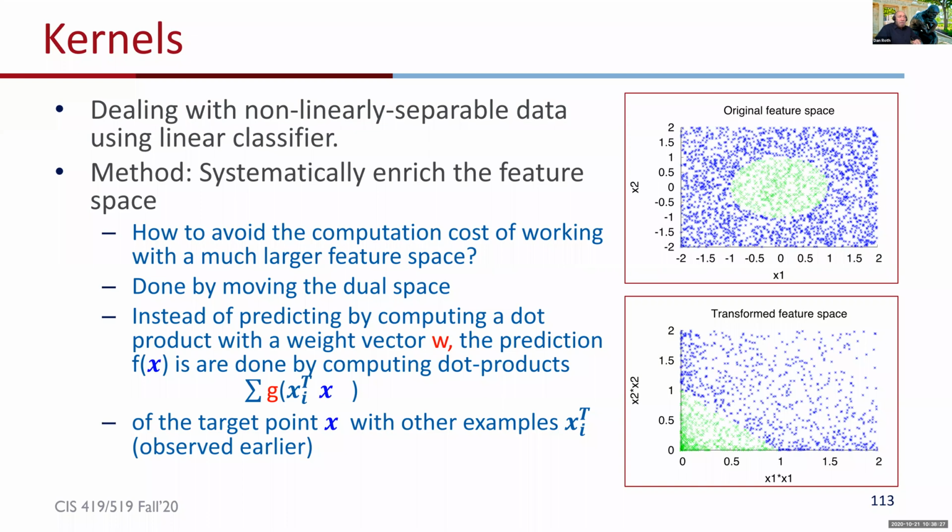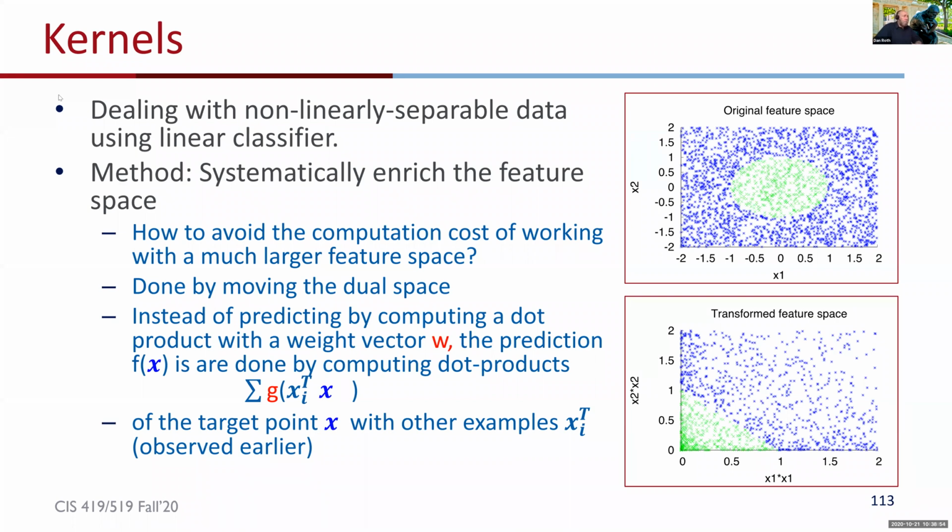That's one. And two, that we can do this efficiently. Because so far, the way I've written it here, I didn't do anything. This is still a dot product in a very high dimensional space. We want to be able to show that we can actually compute it by computing the dot product in the original space before we blew up the feature space. And that's what we're going to do